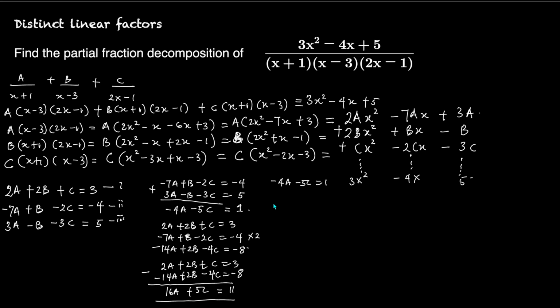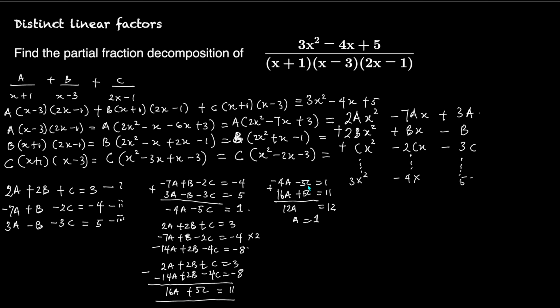So I'm going to put that side by side with this. 16a plus 5c equals 11. To eliminate c, this is negative 5c and this is positive 5c, so we just add it up, and this goes to just 12a, 0, and this equals 12. So a equals 1. Now I'm going to take the a and substitute it into this equation here, which is